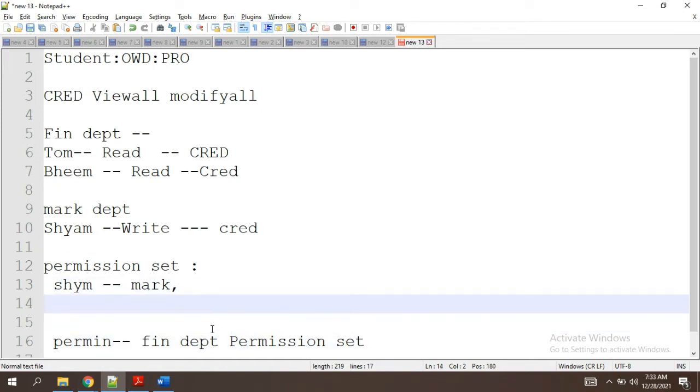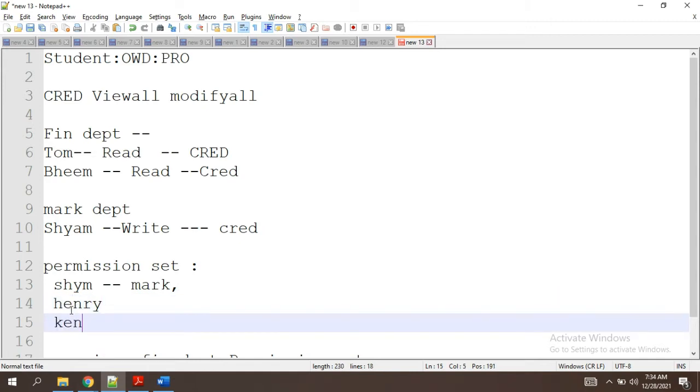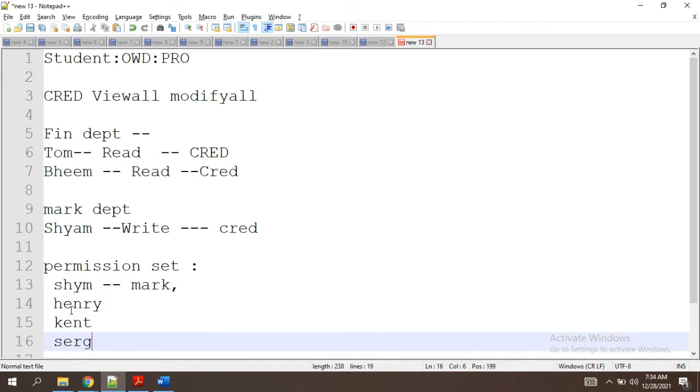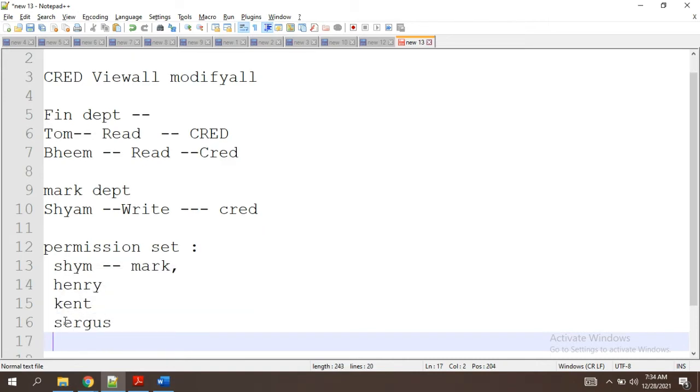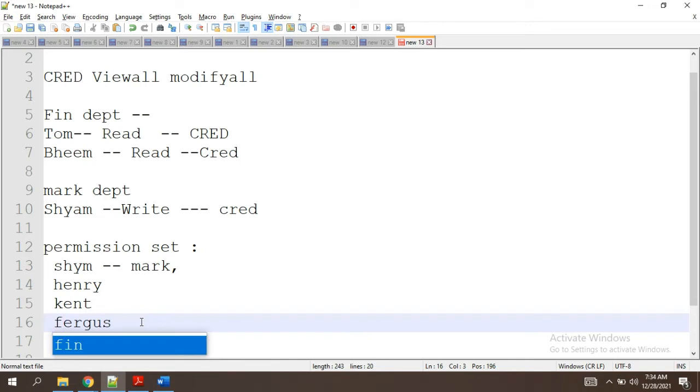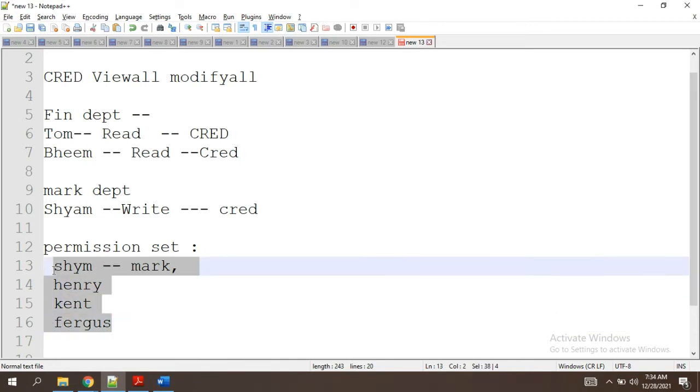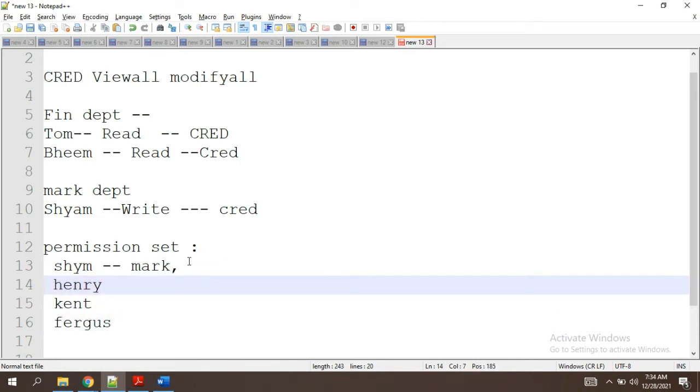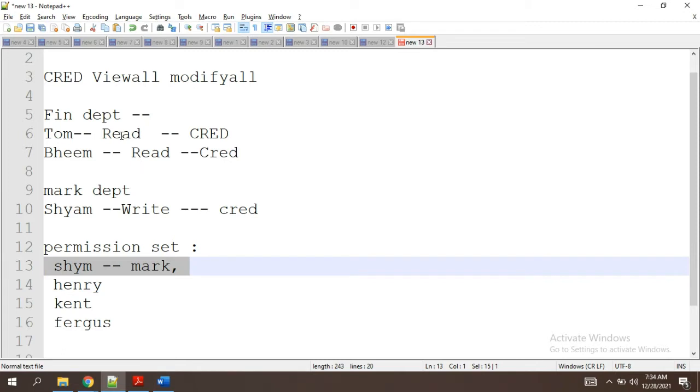If this was the case, we would have added Sham directly into the fin department. But actually, here there are so many other people like Henry, Kent, Fergus, and all. Out of these people, only Sham wants the data access for the other department.